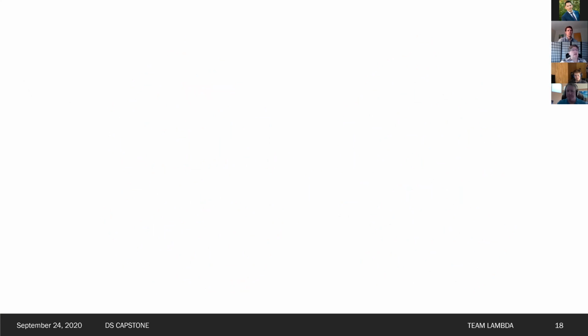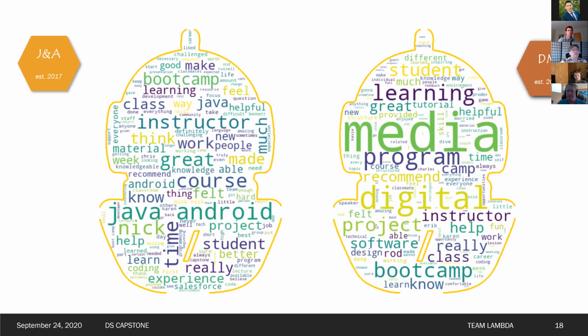Next, we see Java and Android and digital media word clouds. Java and Android on the left had many words in their written responses. Recall, we are only showing the top 150 terms. So here the words were more evenly distributed. But time, course, and instructor, you can see very obviously. On the right, digital media word cloud, notice that some of the words are larger, like instructor and boot camp specific content, but the words are smaller because they occur less frequently. Again, though, we see content like digital media and great instructor.